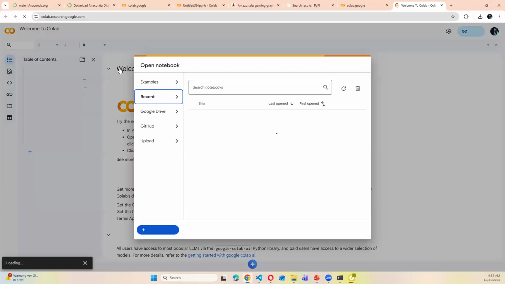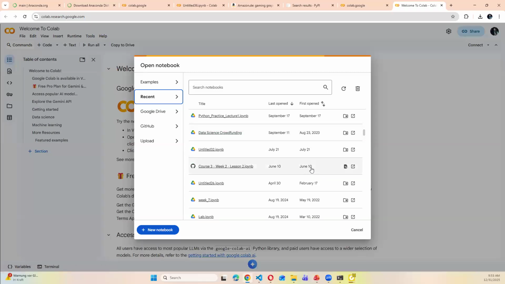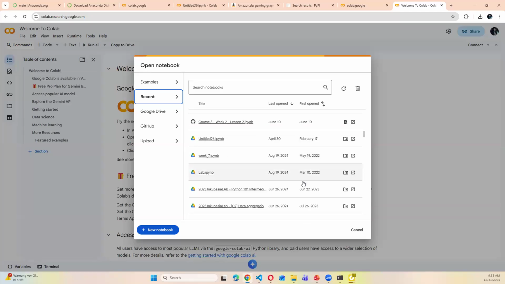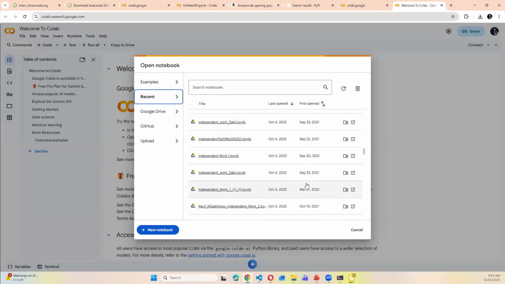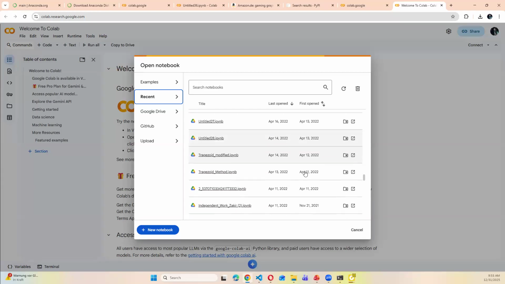If I open here, you can see all my previous work, from 10 June, 17 February 2022, even some of my work from 2021 in my Google Drive. It will be saved in your Google Drive, and you can have access anytime you want.